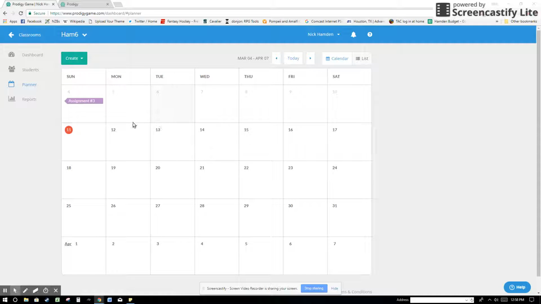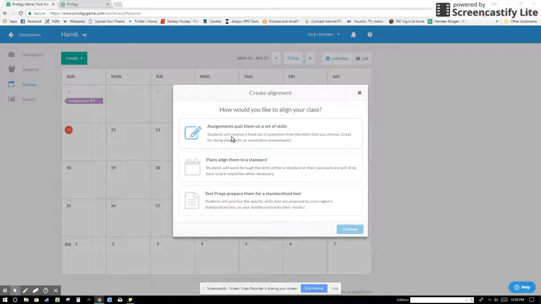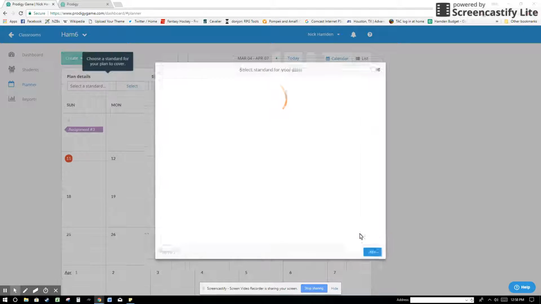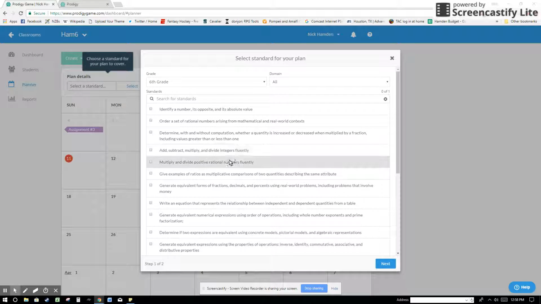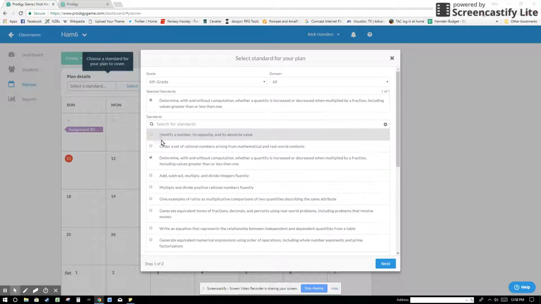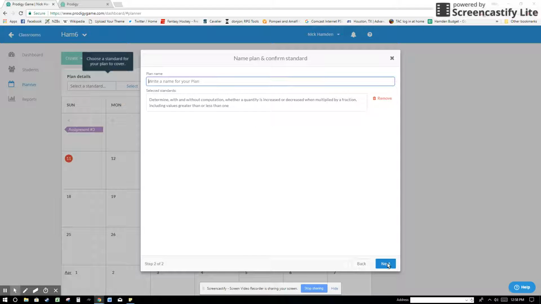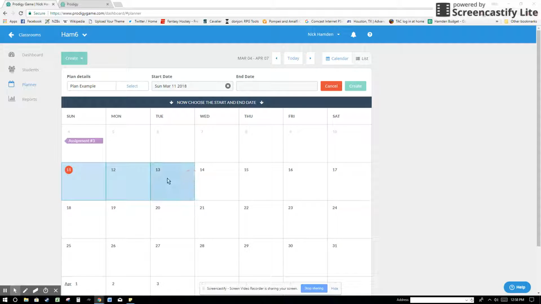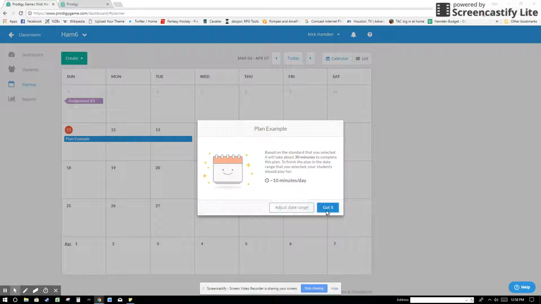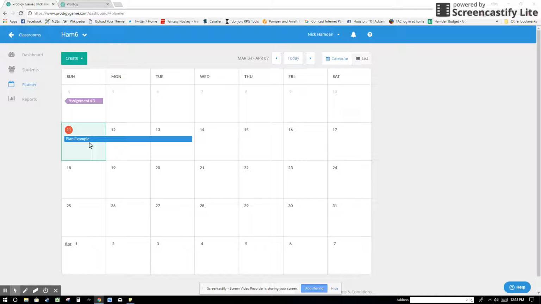Through this, I can also set up assignments. I can set it on a specific standard or a quiz. When you do the standards, I already have it set up to be for Texas, which is where I live. I can determine which standard I want based on our actual TEKS plan example. And I can just set it up for the next 3 days on Prodigy. Those students in this class will have that exact standard to test for, which is good for upcoming quizzes or